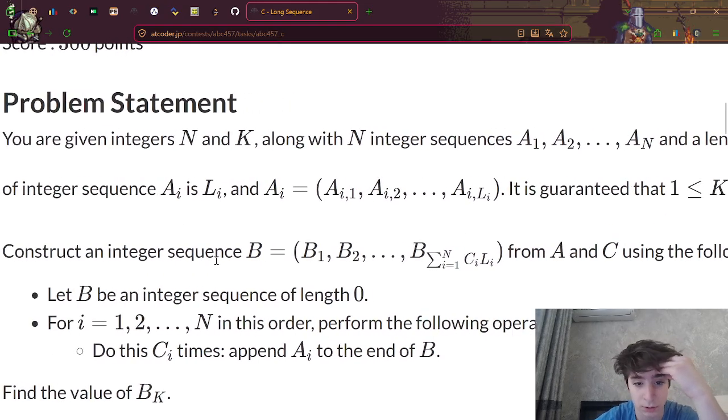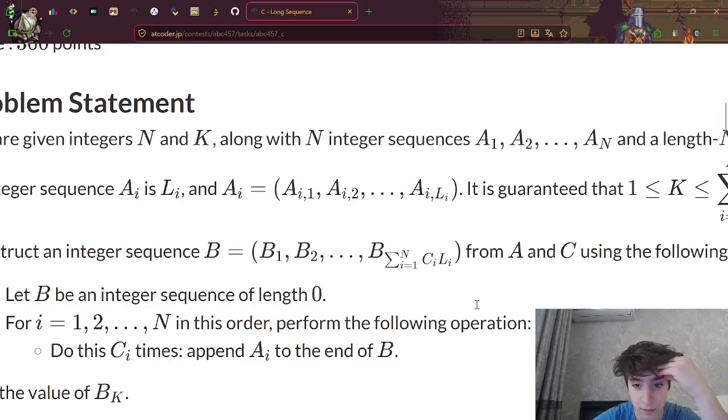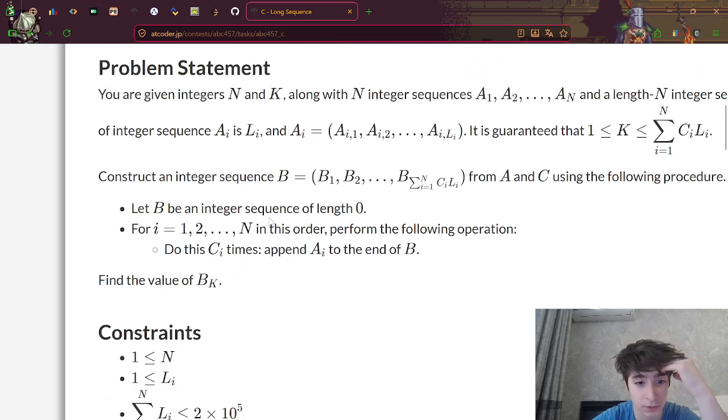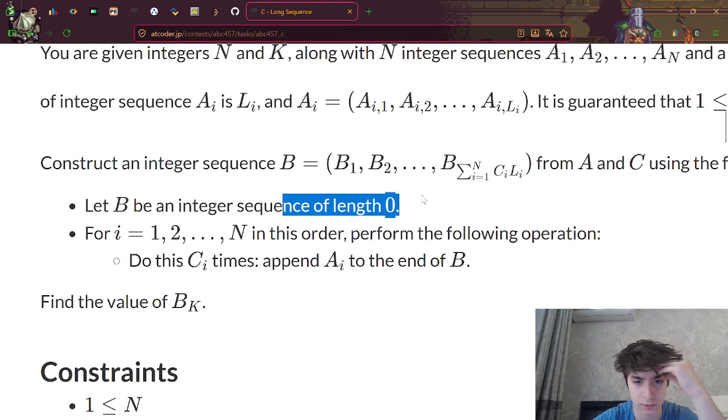Construct an integer sequence b from a and c using the following procedure: let b be an integer sequence of length 0.